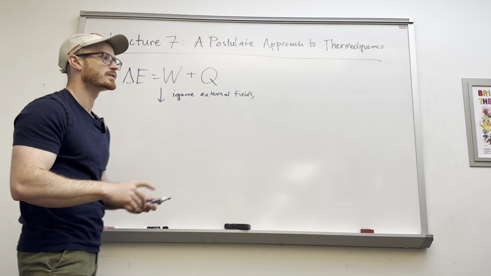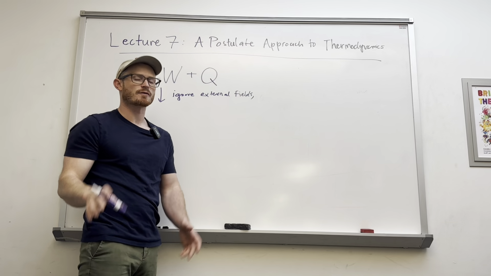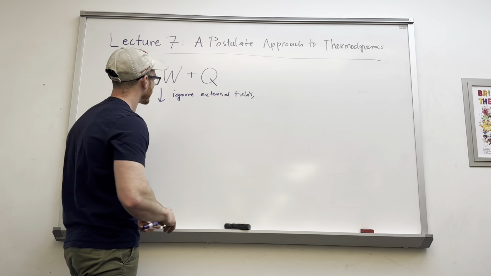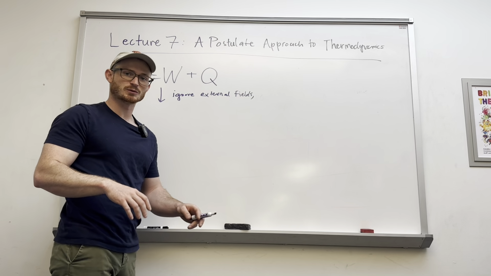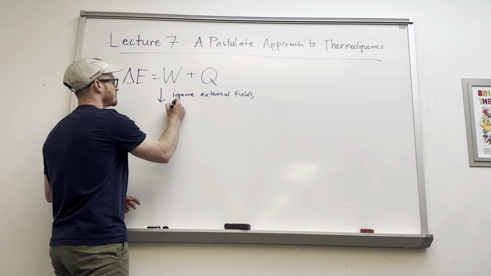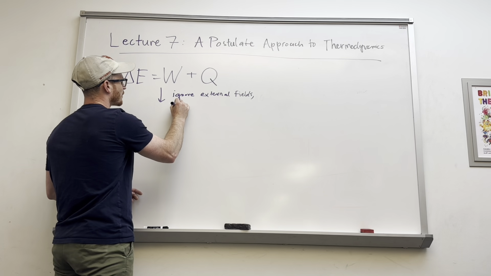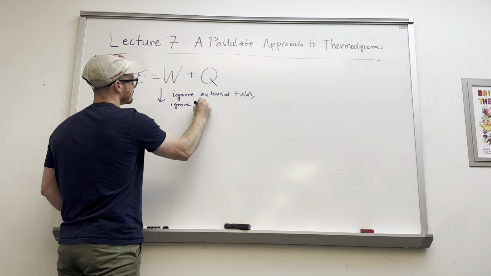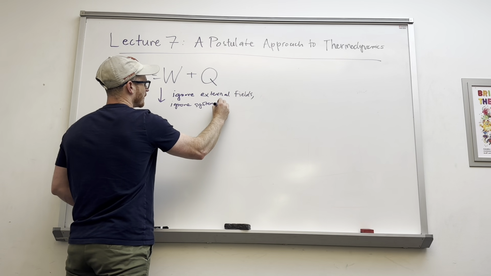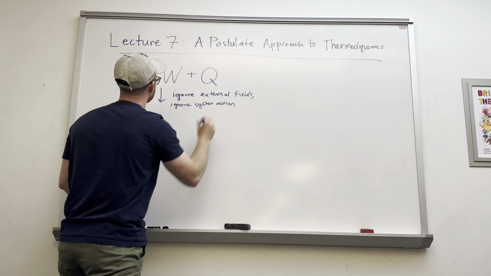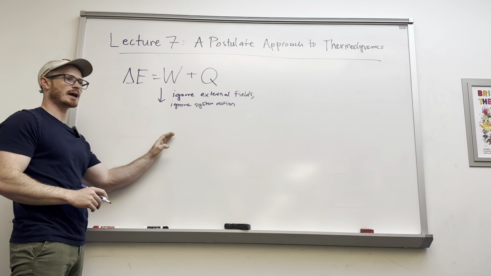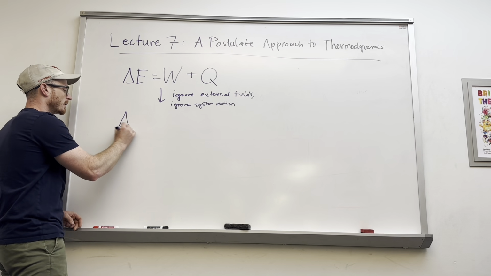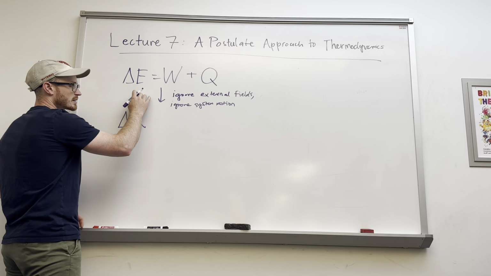So we don't have some weird reference frame problems or any sort of kinetic energy from the system hurtling through space or something like this. We're going to ignore system motion. If we make these two assumptions, which are pretty lax, we can end up by writing that this expression is